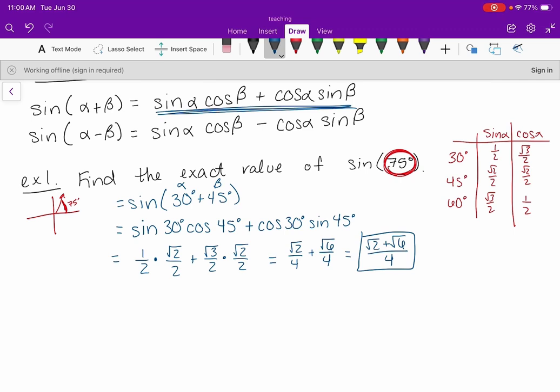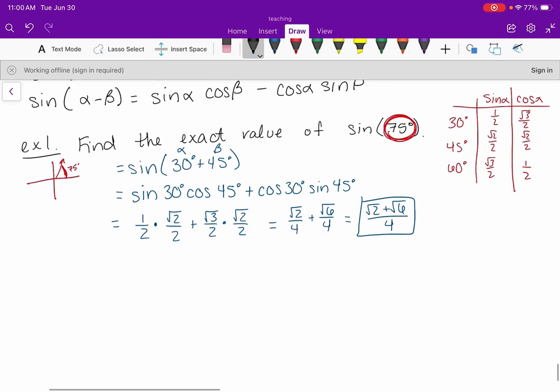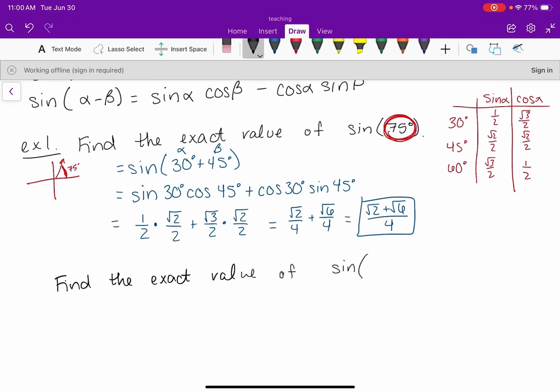Let me go ahead and do another one of these, like with a sine one. I'll also say that you can do this with the difference identity. I'll try to show you an example of that as well. So let's do another one of these. It's in the same vein, so I'll just say find the exact value of sine